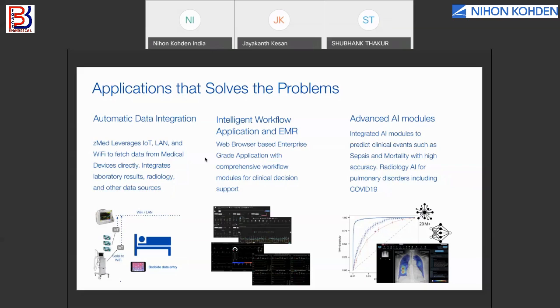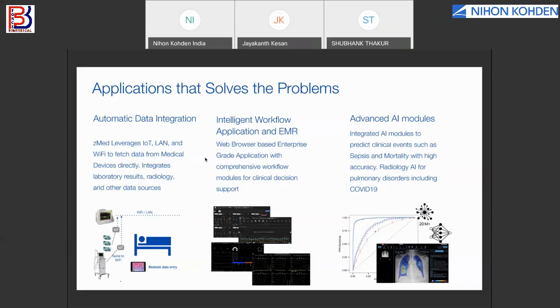to make any clinical decision, data just from medical devices alone is not enough. Any clinician needs to have data from laboratory results, radiology, and other sources, hospital information system, and other things. So any platform that provides data integration should be in a position to have this full spectrum of data integration. So that is